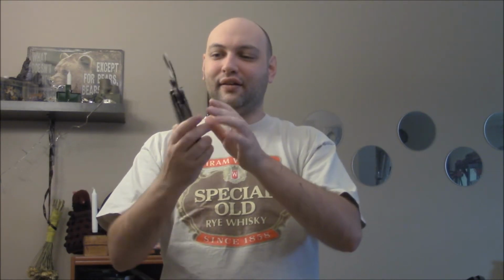It is a pruner. Why? Why the hell would you need a pruner? Well, honestly, this thing has enough stuff with it that if you wanted to, you can take this with you hunting. If you, for instance, were going up in a tree stand, and I'll get more into that in a minute, this would really help you out. For instance, if you have found the perfect spot, the perfect cover, I'm trying to fight with the stick here, but you know, you need to clear your line of fire, or if you're up in a tree and you need to take off a branch or two so that you can, say, draw your bow or aim your rifle,